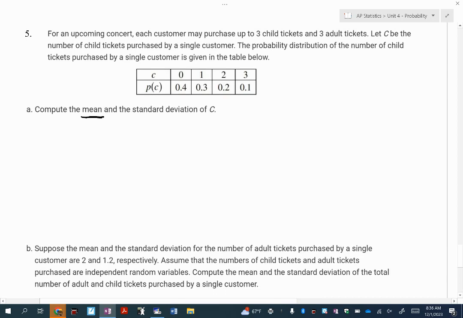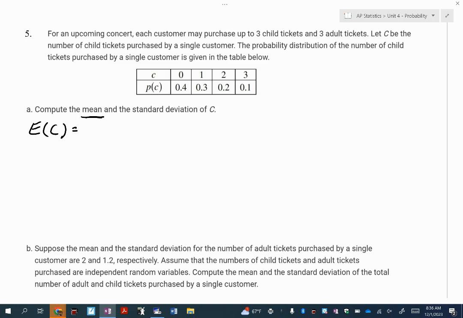So to do the mean, what's another word, if you were here yesterday with the Kahoot, what's another vocab word that I've used to find the mean for a random variable? It's 2 words. One starts with an E. Somebody said it. Very good, Duran. The expected value. I hope you get one like this on the real AP exam. This is a real AP question. To find the expected value for C, notice what letter I have been using mostly? X, a capital letter X. Does it matter that this says C? No, they're telling you just to use capital letter C.